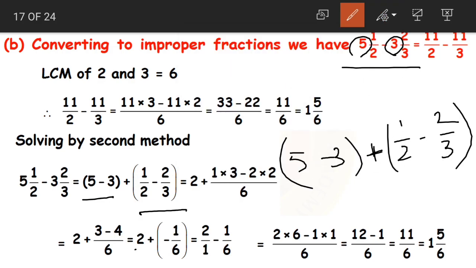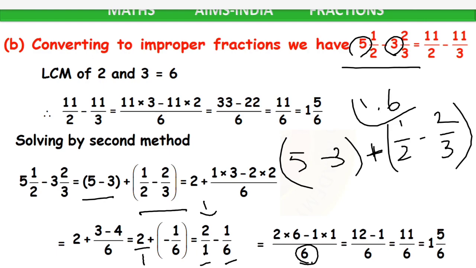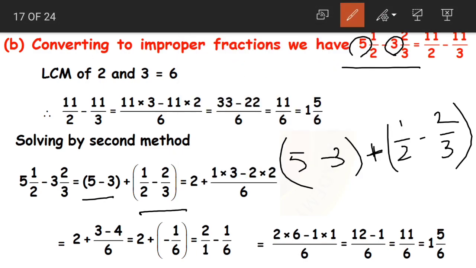Now again as I said, when we are given only a whole number, we assume that its denominator is 1. So it becomes 2 by 1 minus 1 by 6. Yes students, 2 by 1 minus 1 by 6. Now we are having 1 and 6 as our denominators. What should we do? These are not like fractions. So the first step will be to convert them into like fractions by finding out the LCM. Now LCM of 1 and 6 becomes what? 1 and 6 becomes 6 only. Yes, how? Let us see.